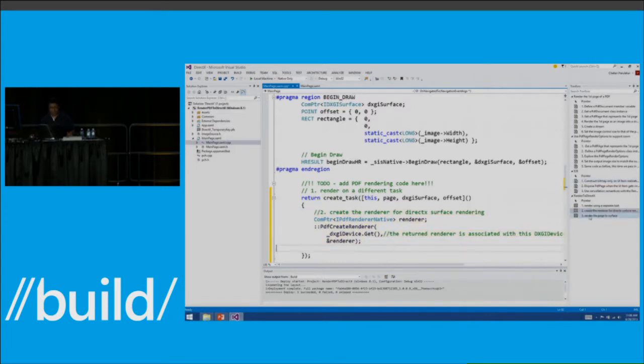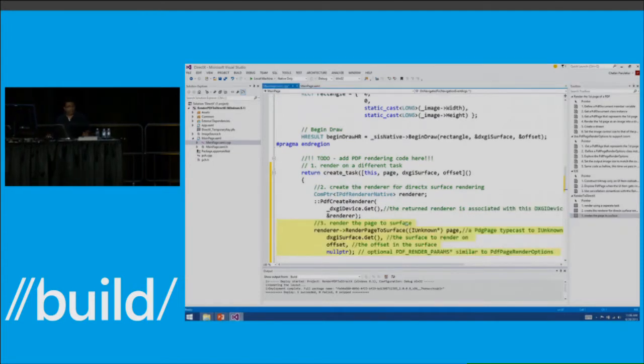And finally, I'm going to issue the rendering request call on that particular renderer by using the render page to surface method. This method takes in the page that I would like to render. This is a PDF page object typecast to IUnknown. The DXGI surface on which I want to render to, the offset into the,